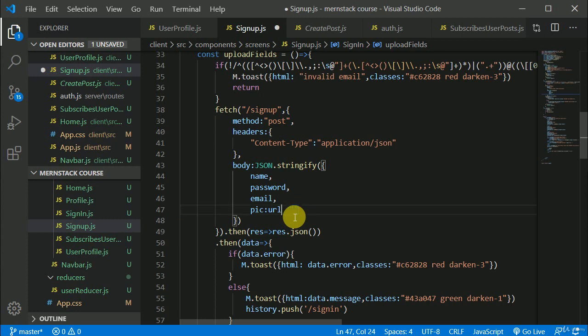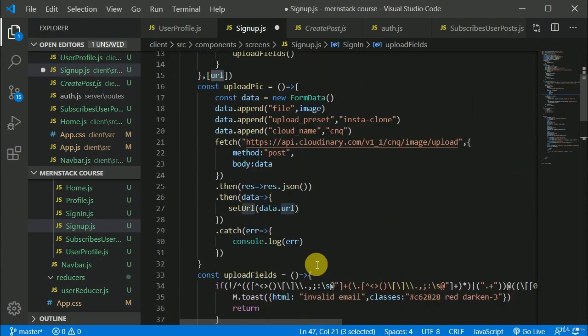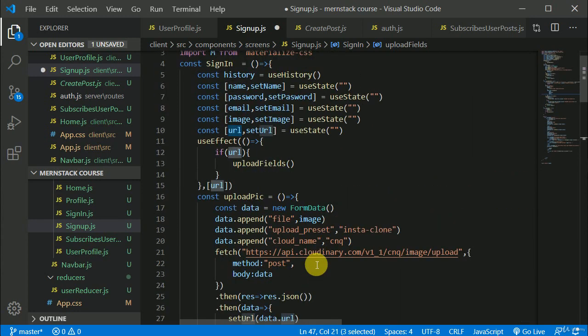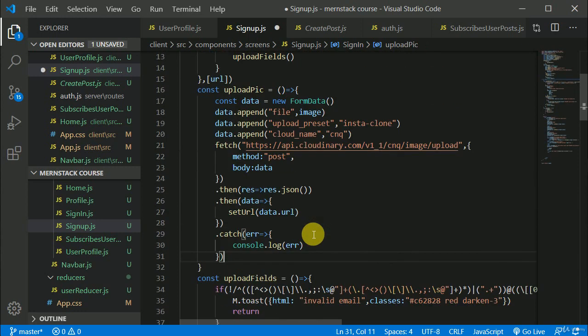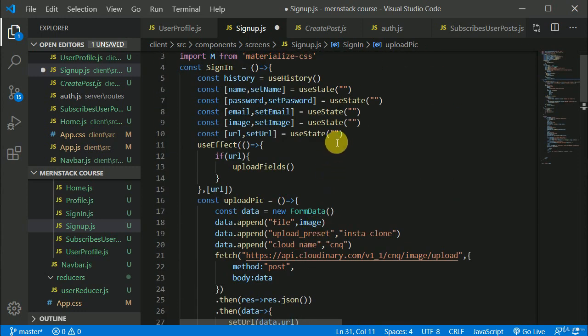We should not write this URL directly. Maybe in here I can write null instead of empty, right?